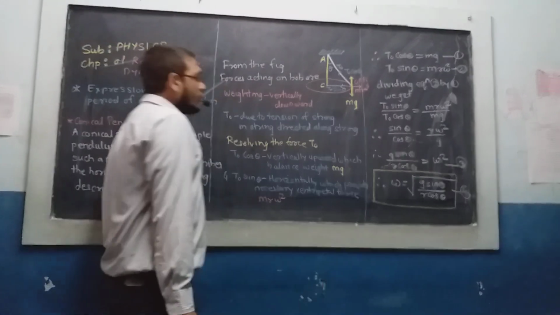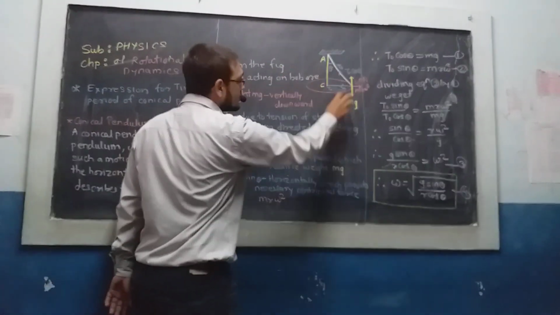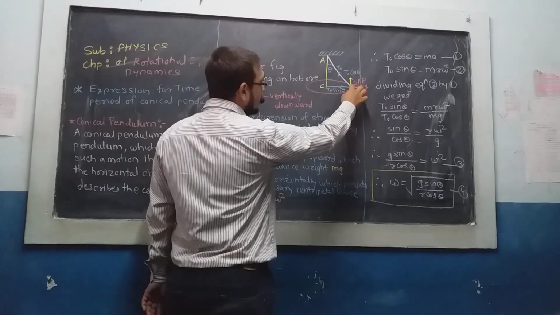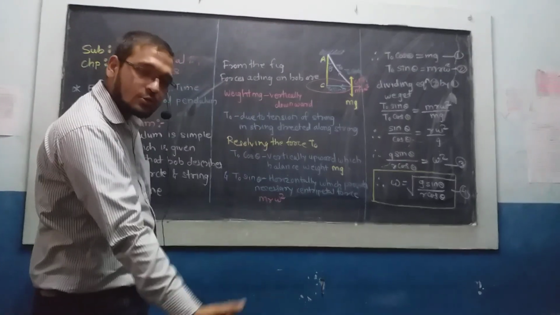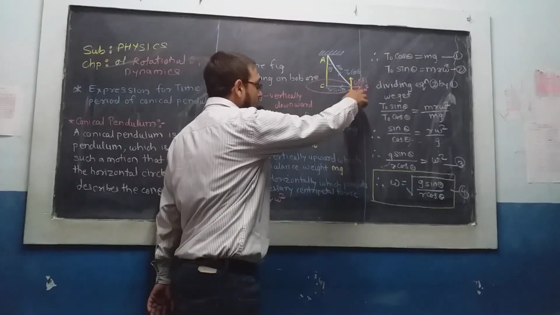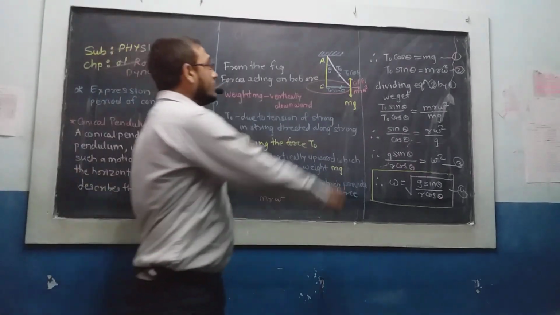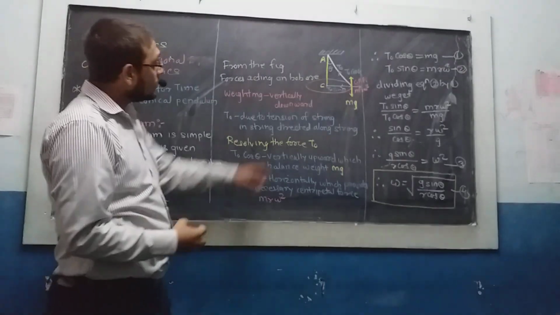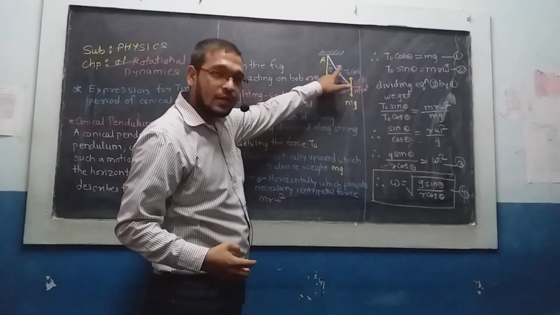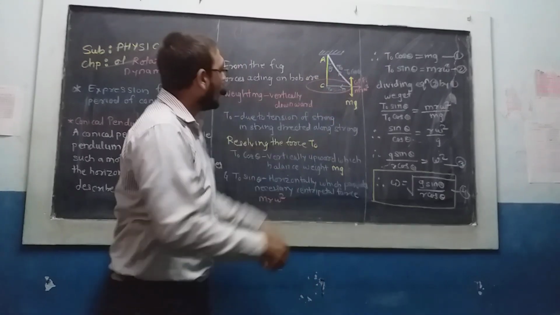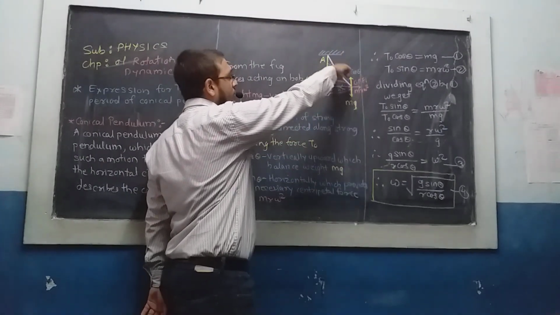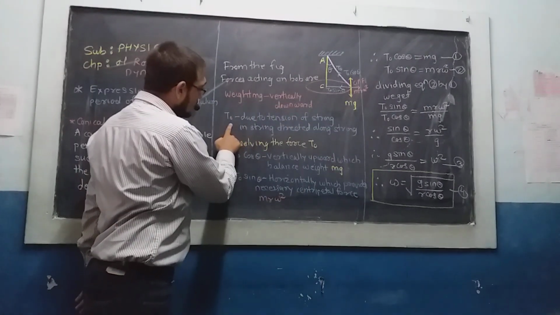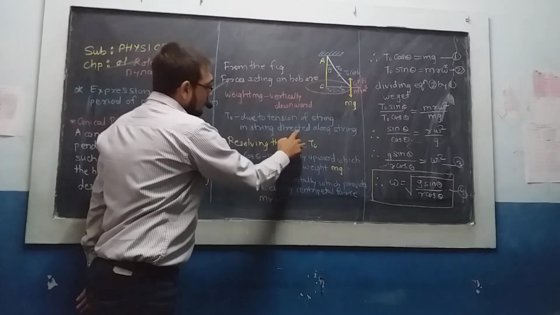Now if you see the forces which are acting on this conical pendulum, you can see the weight of that bob. The bob has a certain weight, and weight is always acting downward. So weight mg is vertically downward. And there is tension in the string, as the bob is heavy. That tension is along the string. So weight mg is vertically downward, and tension T0 is directed along the string.